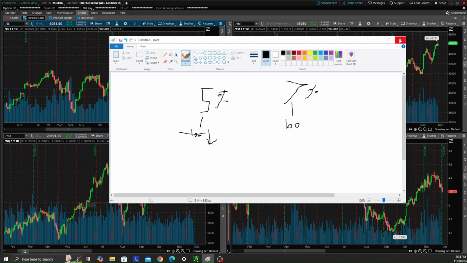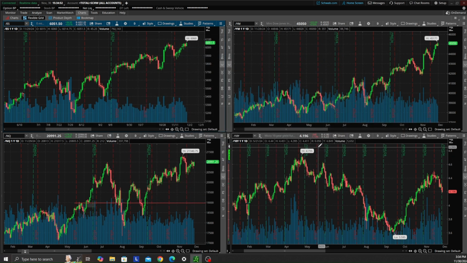And I'll try to give more valuable content like this. So anyway, tying this back into the 10-year yield. Now that you know what you know about bonds and the yields of bonds and how they affect the prices, let's talk about how the 10-year yield is affecting the market and how we can sort of think about it.